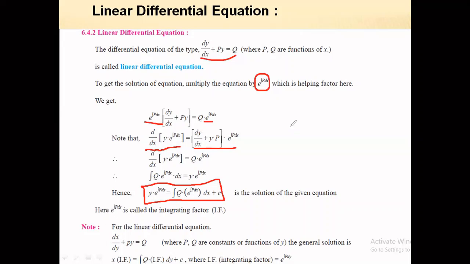Now in short, this method becomes: you are given the differential equation dy by dx plus py is equal to q. Once you have identified the equation, you simply define the IF. IF means your integrating factor, and the value of this IF is e raised to power integral p dx. ओके, इसमें क्या करना होता है हमको, ये जो p है कंपेयर करके इसका वैल्यू पुट करेंगे और व्हाट एवर बी द इंटीग्रल, सो वी गेट द वैल्यू IF.